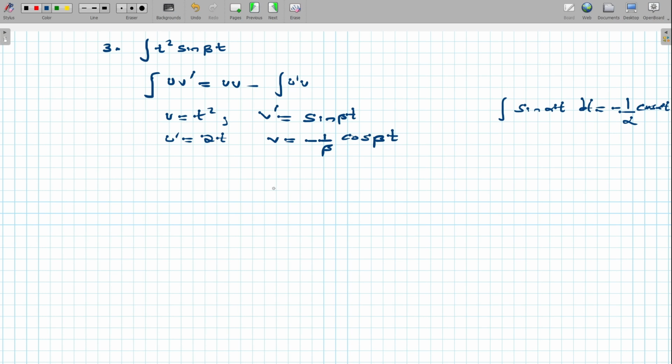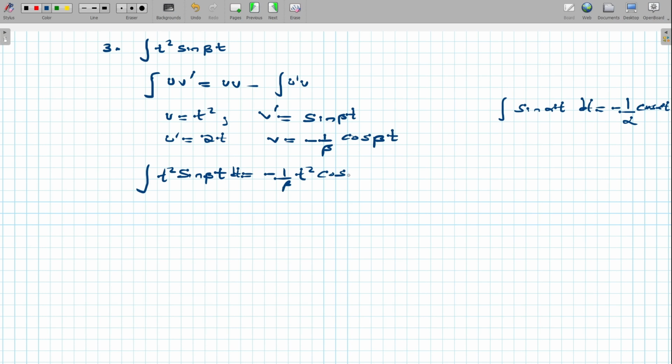Now let's try to apply everything that we have here. We try to inject it into this formula. So the integral of t squared and then sine beta t, dt, is going to be equal to u multiplied by v. Now u is this function, and then v is this function. So we're going to have minus 1 divided by beta, and then t squared, and then cosine beta t,